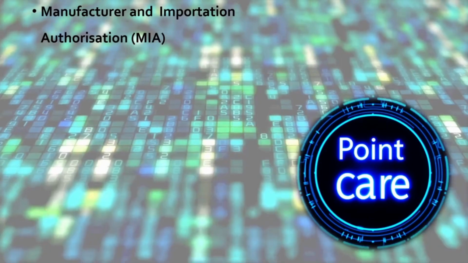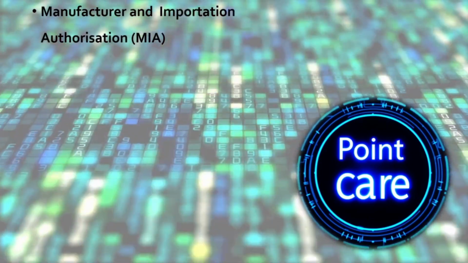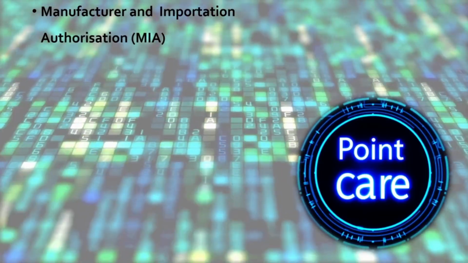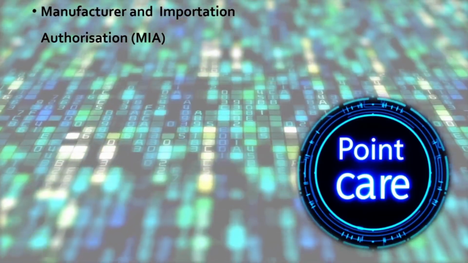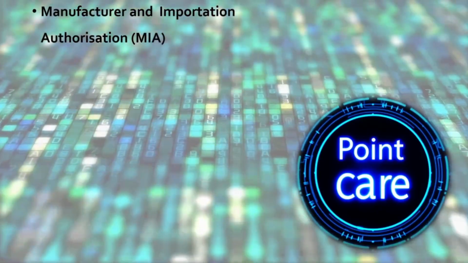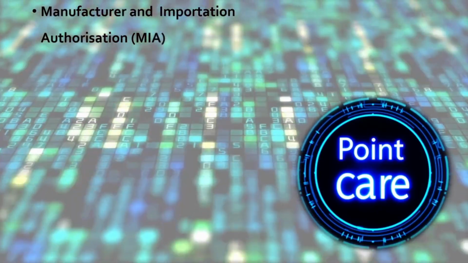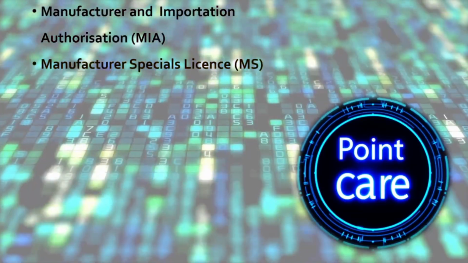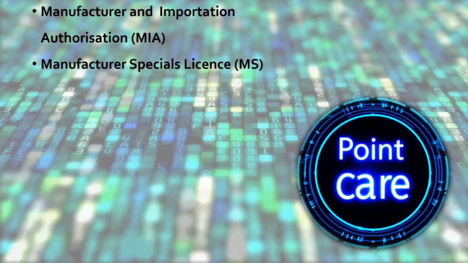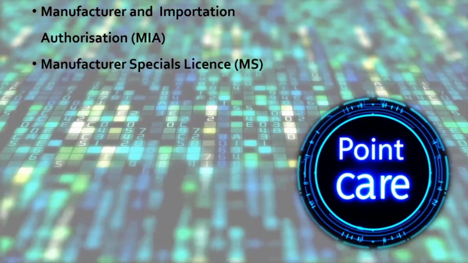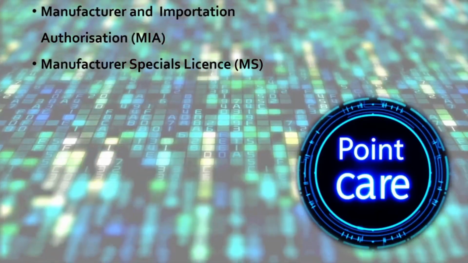It requires that all activities comply with Good Manufacturing Practice, GMP standards, which cover everything from production processes to quality control, and the requirements of the marketing authorization for the product itself. Alternatively, for medicines which do not have a product license, a specials license, or MS, may be required. This license authorizes manufacture of unlicensed medicines where a special clinical need exists that cannot be met by existing licensed